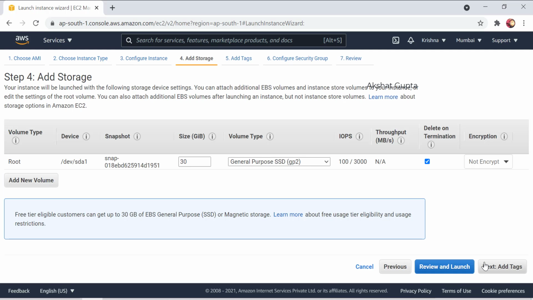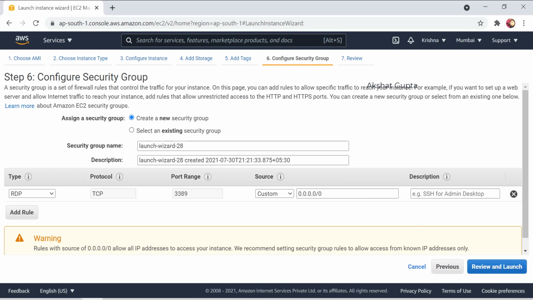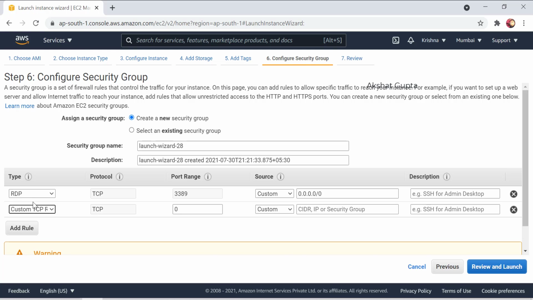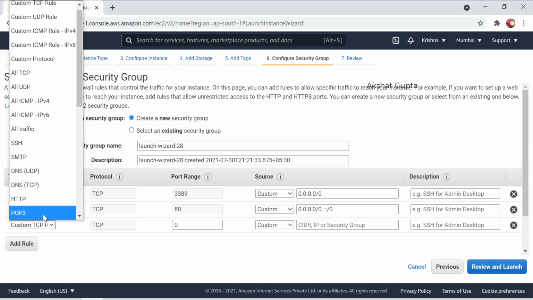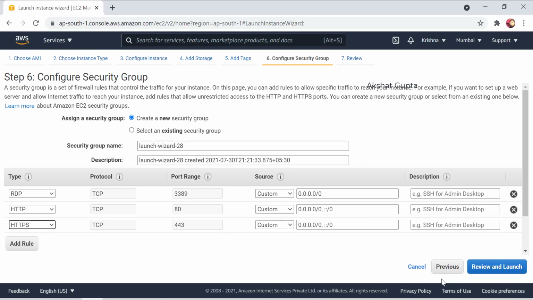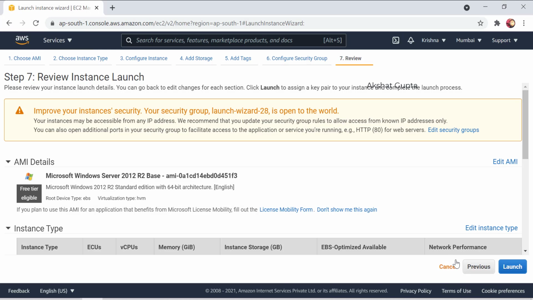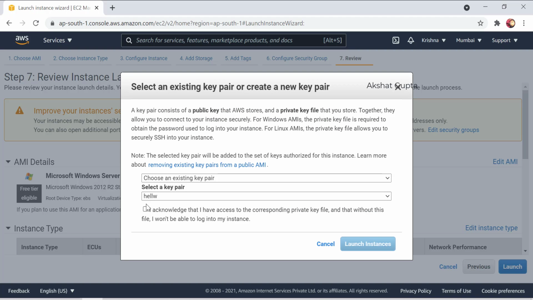Add the storage. We don't have to make any changes here. I need to access via RDP. If I want to give internet connectivity, I can also approve this particular rule so that it would be easier for me to connect with the internet. So I'm giving the security group: if somebody is coming and trying to access this EC2 machine from the internet, the security group won't stop that traffic, and it would be allowed to access the EC2 machine. Perfectly fine, and let me just launch it.